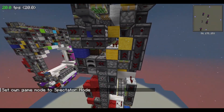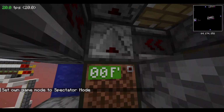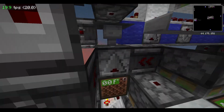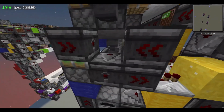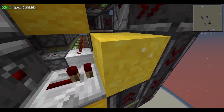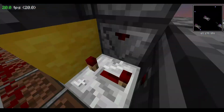So, this is the input to the retraction bits from here. It goes all the way into here. No, it doesn't. It goes up here. This goes into this C, which is this, and then it goes also around into this repeater. Powers this gravity block, or it could be sand. If I've done concrete powder because it's color coded. Goes into this circuit which I showed before,